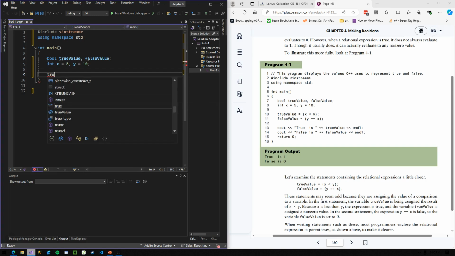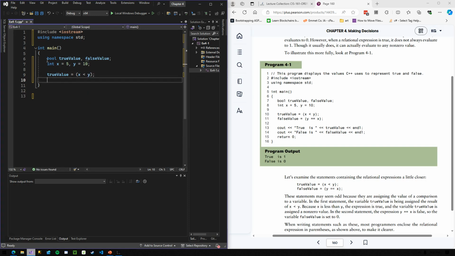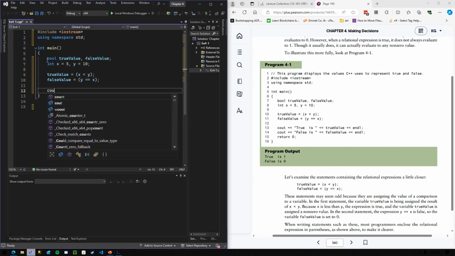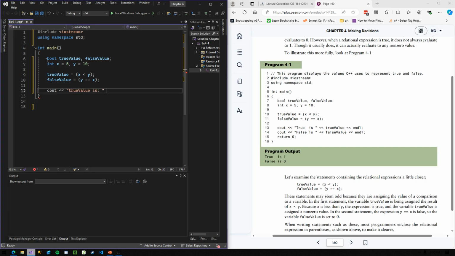Here we're going to assign true value to the expression is x less than y. False value is going to be equal to is y equal to x. And we can print it. True value is